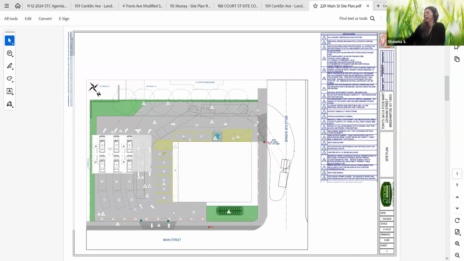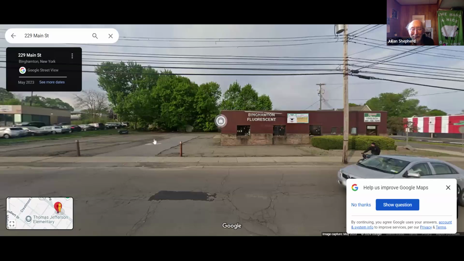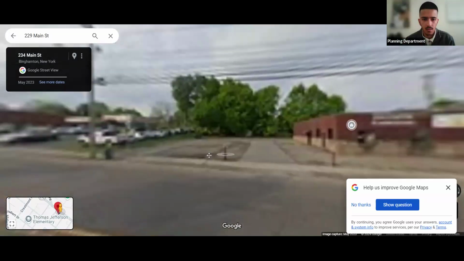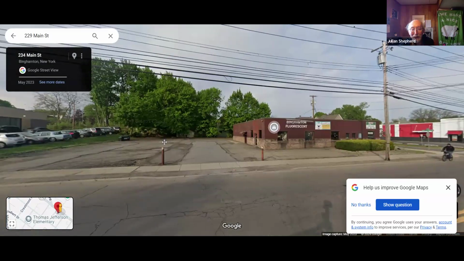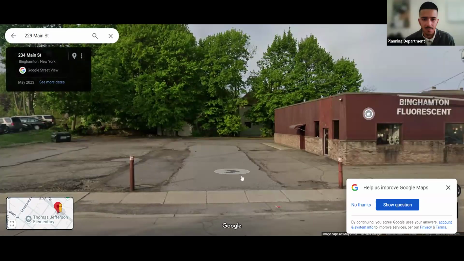Yeah, if that strip of trees is theirs, I would highly encourage them to keep them. Yeah, I mean, it takes so long for trees to grow. I don't understand how people can just say, oh, I'll just cut those down. Yeah, that takes an hour. It takes 20 years to grow a tree. Yeah, that looks great. God, who would take those down? I hadn't looked at that carefully. Yeah, definitely keep those trees if possible.